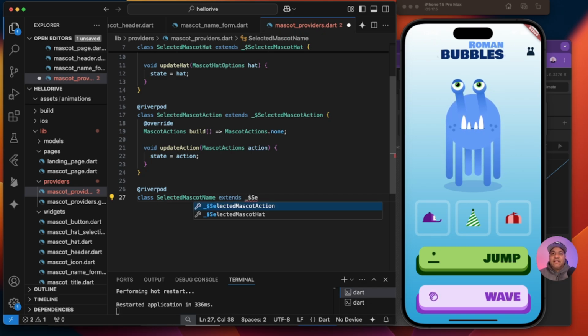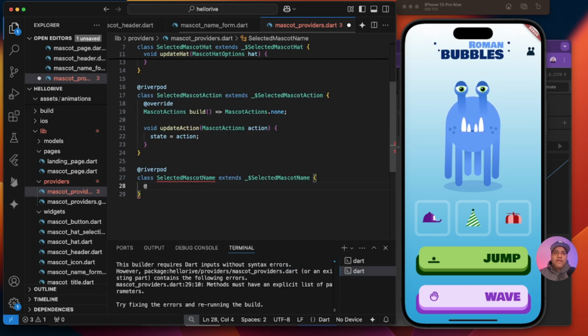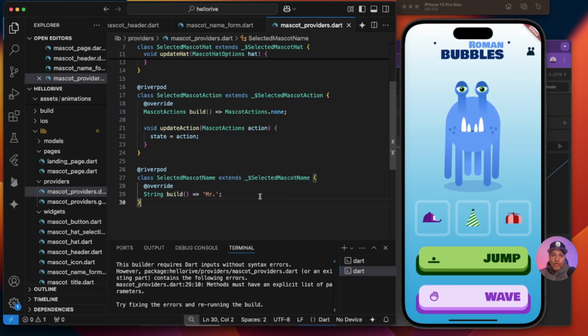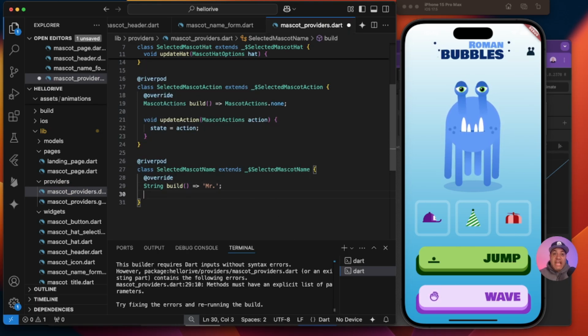I say selected mascot name, and we're going to override the build method, which must return a string. For now, I'm going to return the default name for this provider. Later, we're going to allow people to change the name, and that is exactly why